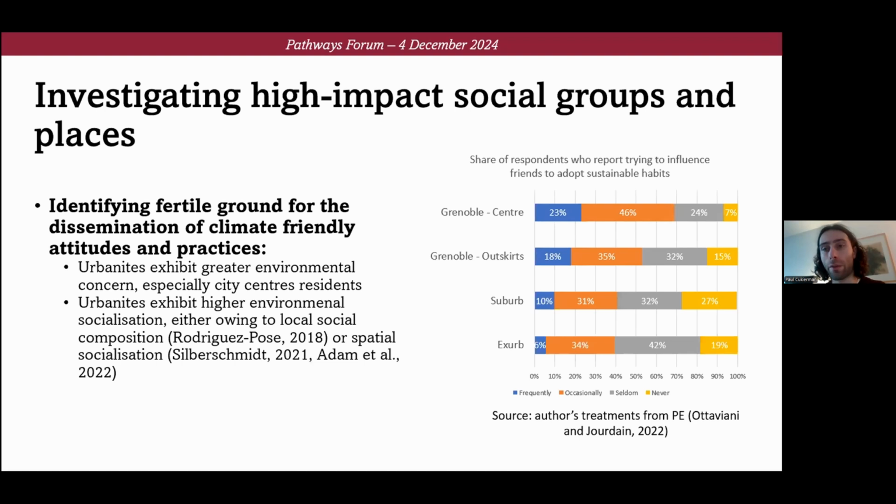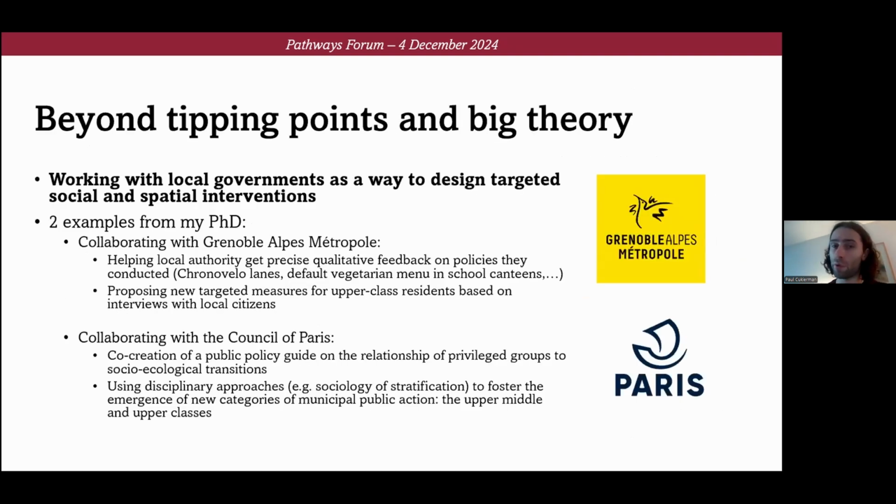And so once those key audiences or key actors in society had been identified, I then proposed to work with local governments that host quite a number of those high-stake profiles to discuss and design together targeted social and spatial interventions. Two examples that I'm setting up right now are, on the one hand, a collaboration with Grenoble-Alpes Métropole, a local authority around the metropolitan area of Grenoble, to help them get precise qualitative feedback from local inhabitants on policies they conducted, and another collaboration with the Council of Paris, the equivalent of the Paris City Hall,